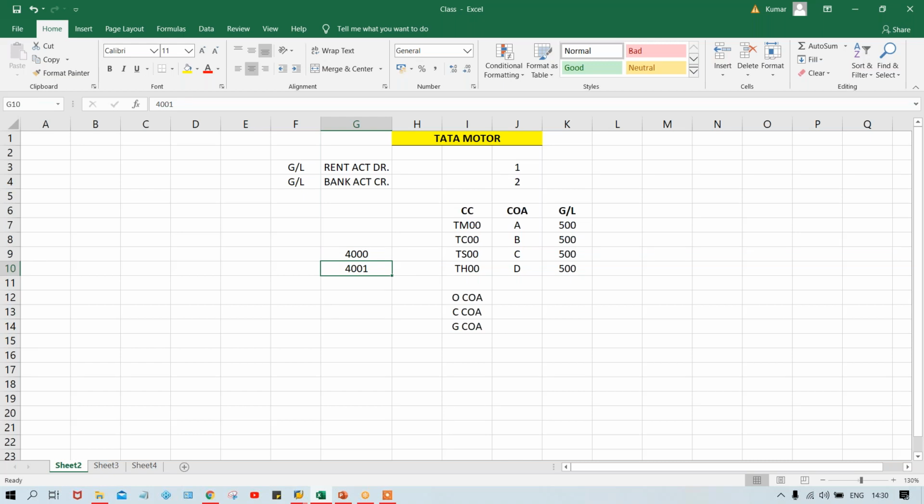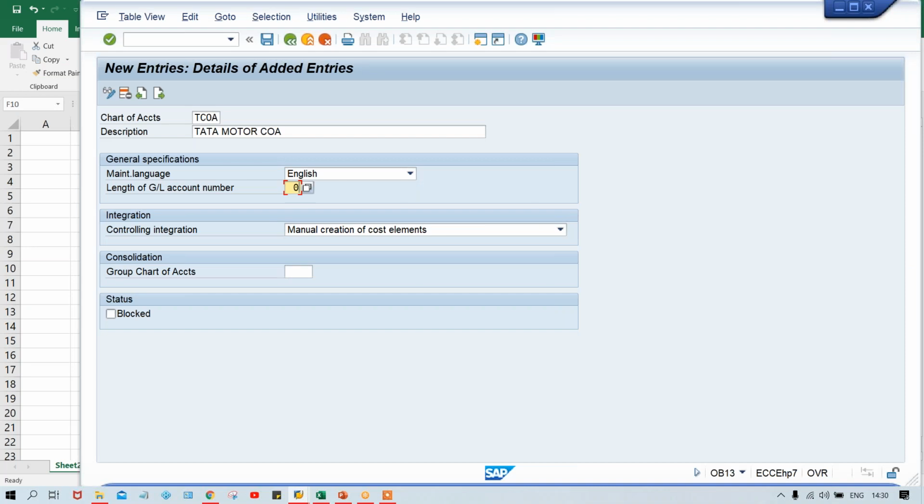So what should be the length of the GL account? 4 digit, 5 digit, 6 digit, 8 digit, or what? Maximum 10 digit length can be given. So here I'm going to give 4 digit length only, and I'll recommend you people also to use 4 digit length itself,